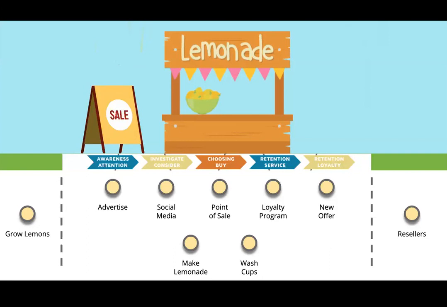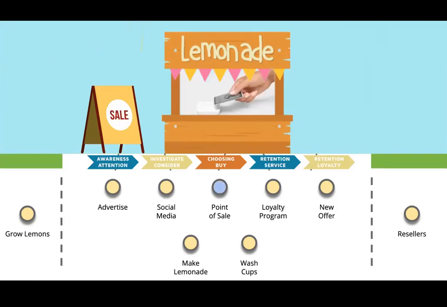So the customer journey mindset is breaking these points of interaction up into the awareness and intention phase, the investigation and consideration, the actual point of purchase or the point of interaction. So if it's not e-commerce, this would also be where they actually work with that brand or that government organization to achieve something. Then there's a retention process to keep them engaged with that brand or organization, and some sort of potentially loyalty program attached to that as well.